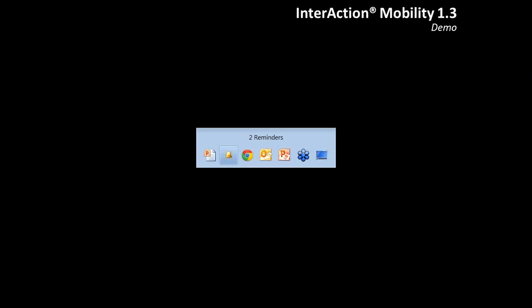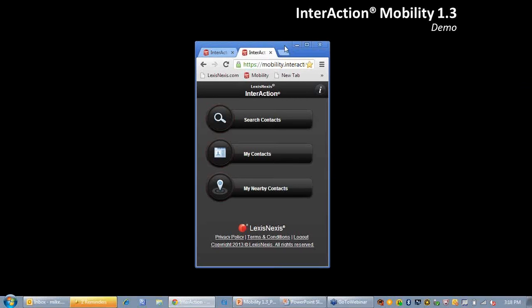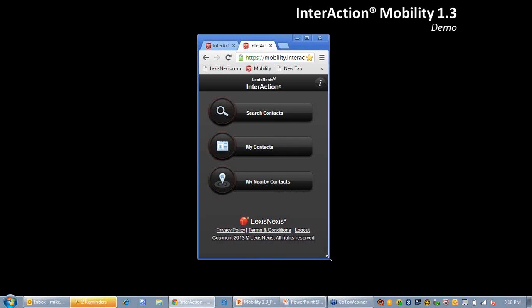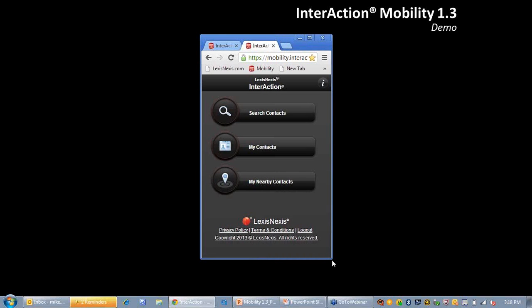So I'm going to go ahead and jump into the demo. With that, you should see my browser here. I'm actually doing this in Chrome, and I'm doing that for a couple reasons. One, to demonstrate that this is sort of device or browser agnostic as much as we can make it